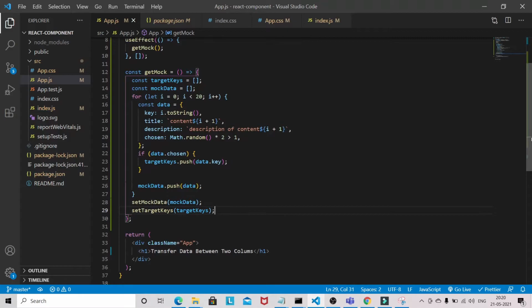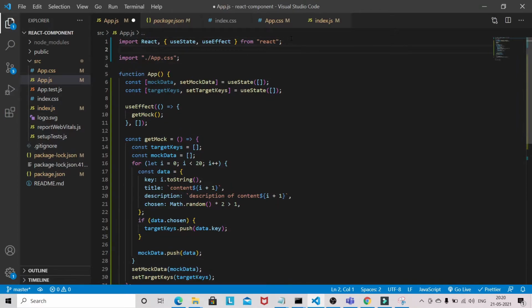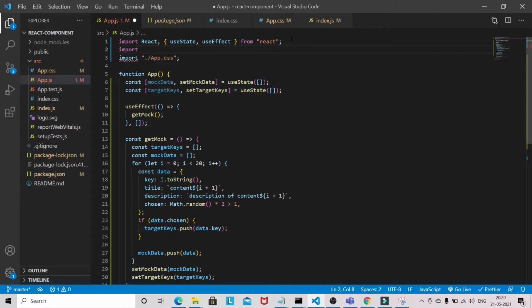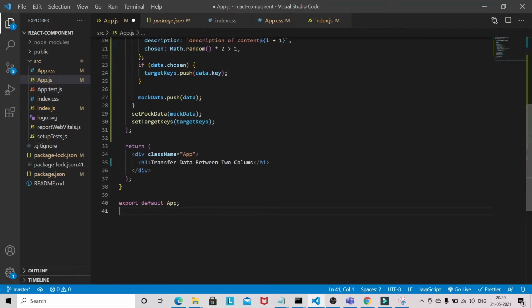Okay, so let's create the Transfer component. We need to bring the Transfer component from Ant Design. So Transfer, come down here.